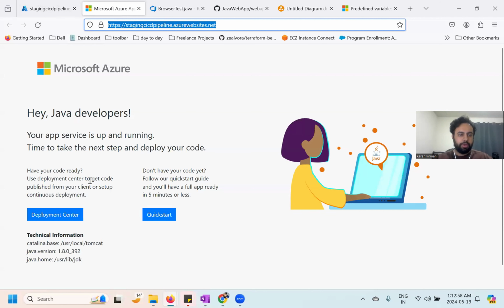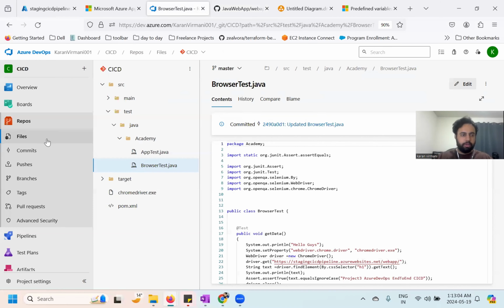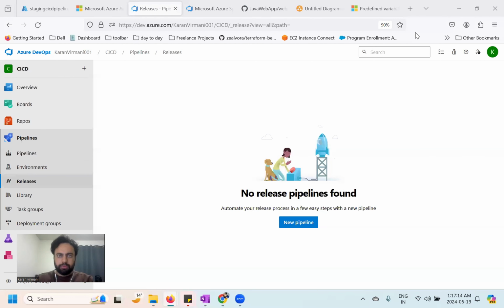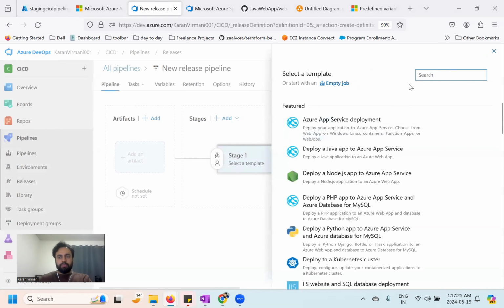So now let's deploy it. This is ready, and the name is staging CI/CD pipeline. Okay, just keep in mind. Now let's go to the pipelines, go to the release pipelines. Now you know why we have to go to the release pipelines. So in the release pipeline, first of all, we have to